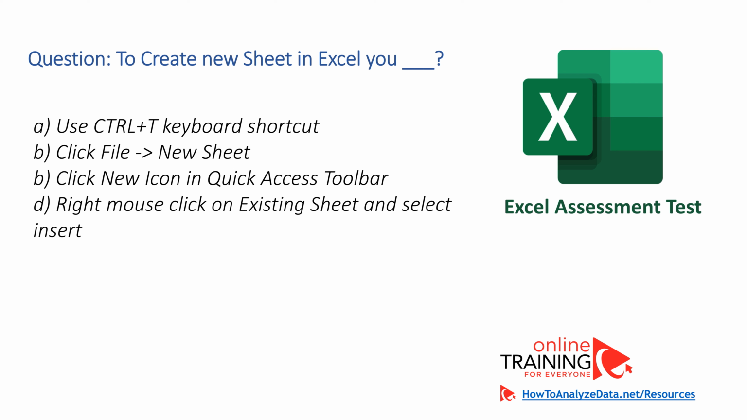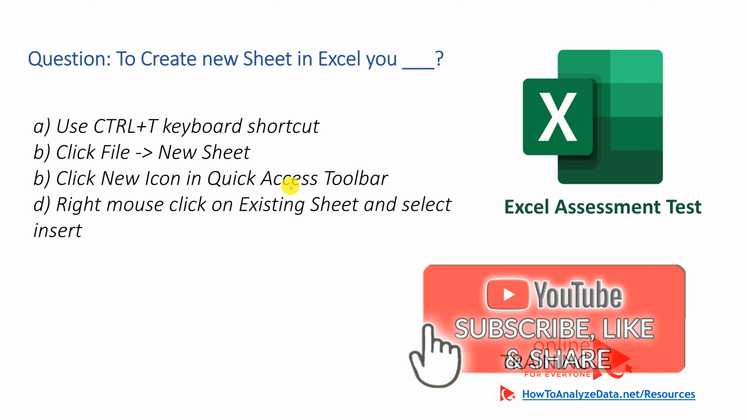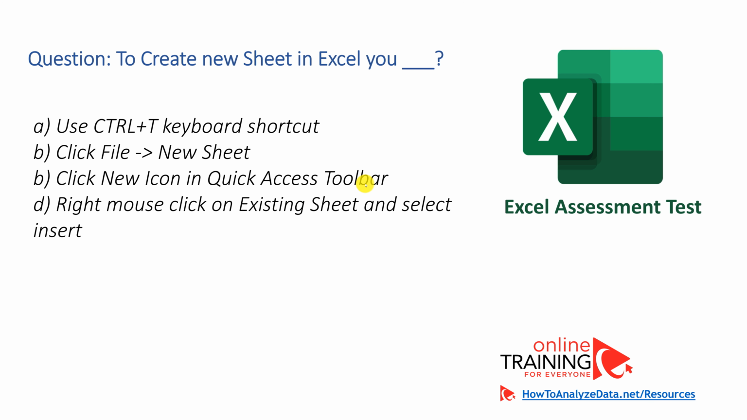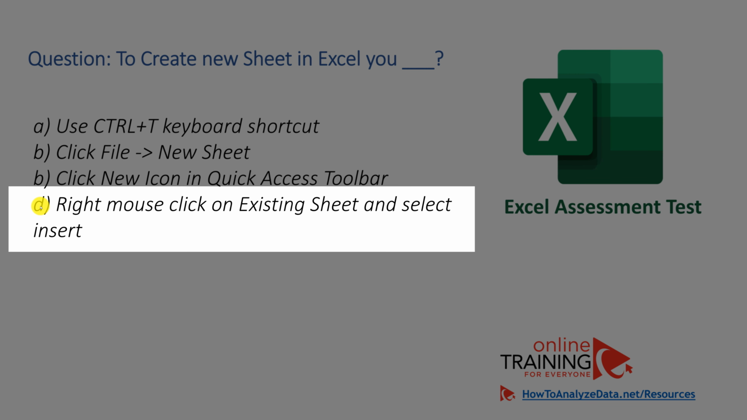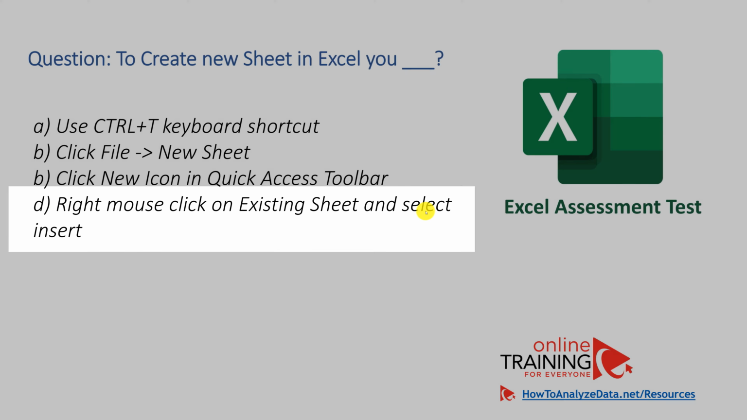Exclusion is one of the methods where you exclude possible choices to come up with the right answer. Ctrl-T keyboard shortcut is used to create new tables, not new sheets. File, New Sheet option doesn't exist in Excel menu. New icon in the Quick Access toolbar creates a new workbook, not a new sheet. So through the method of exclusion, we came to choice D, which is the right mouse click on existing sheet